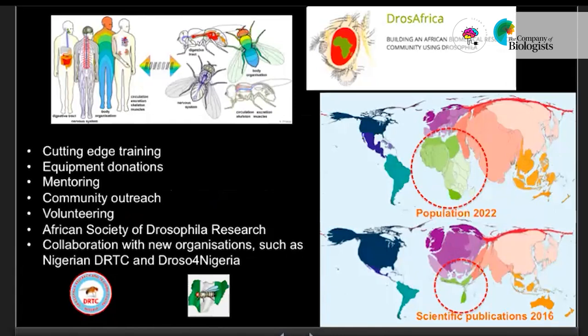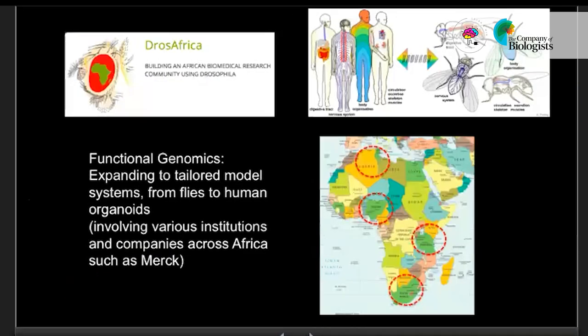In Nigeria, in other countries. And the idea is to help that map to change a bit. If you look at the African continent in population compared to scientific publication, the surface area drops dramatically in scientific publication compared to, of course, population. And what I wanted to say, why I wanted to talk about it, apart from join us in any way you want and help us with anything you want, is that we are joining